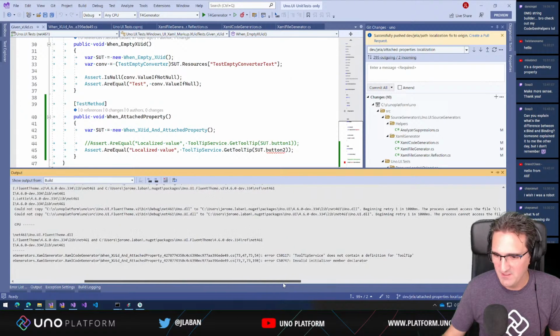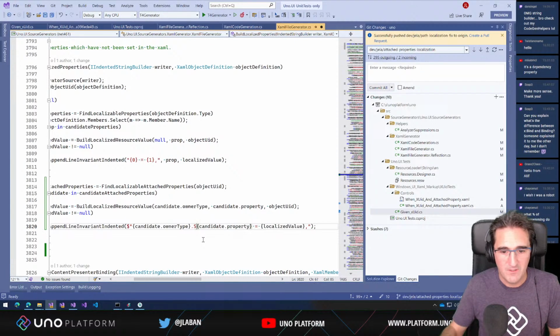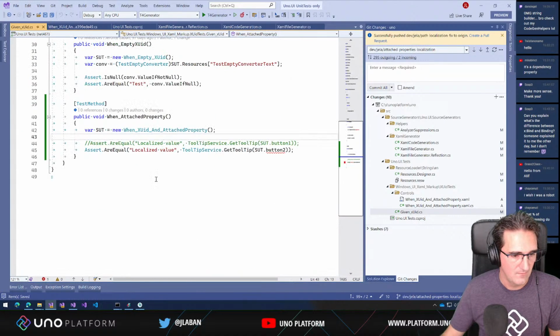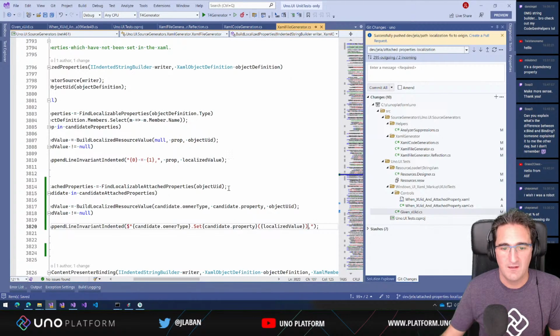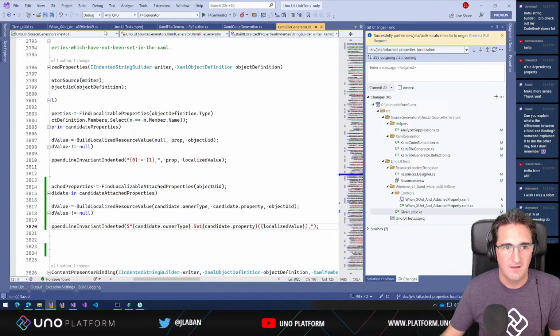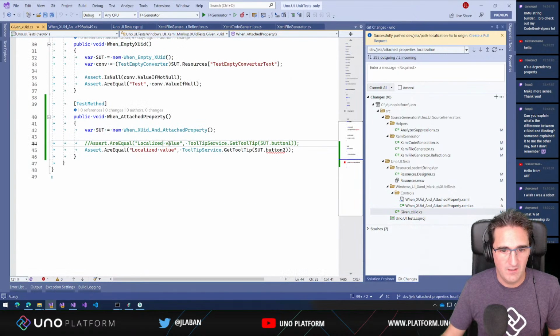And tooltip service does not contain a definition for tooltip. Okay, so in this case, we know that it's an attached property, so we're probably going to have to use set tooltip instead. So we know it's a property, so it's going to be set and localized value instead. So this way. And so we're at that part. So if we go back to our generator here,